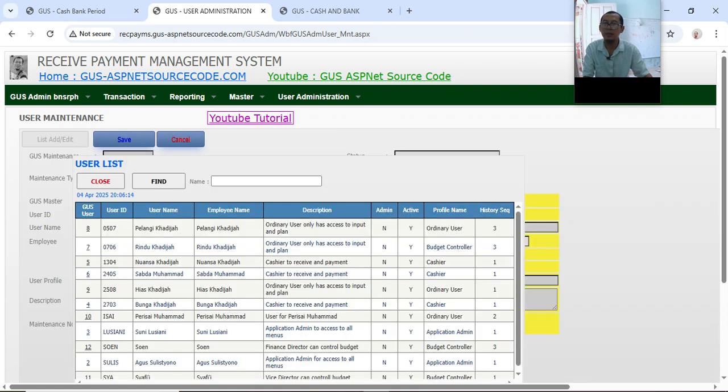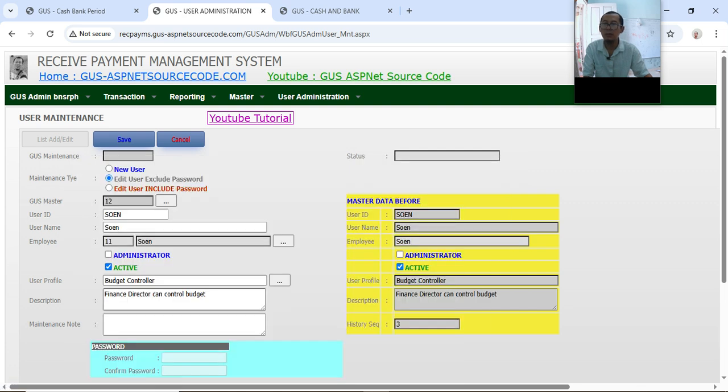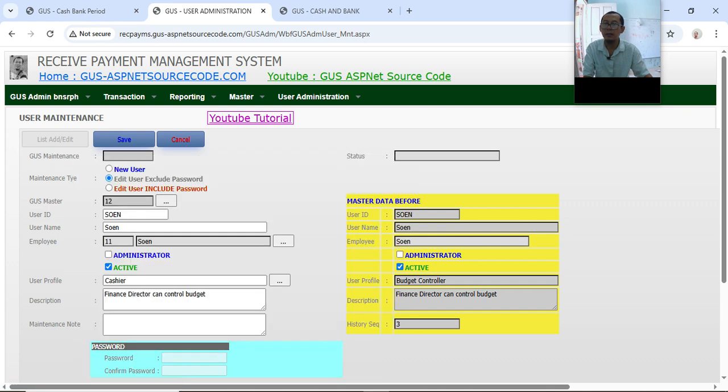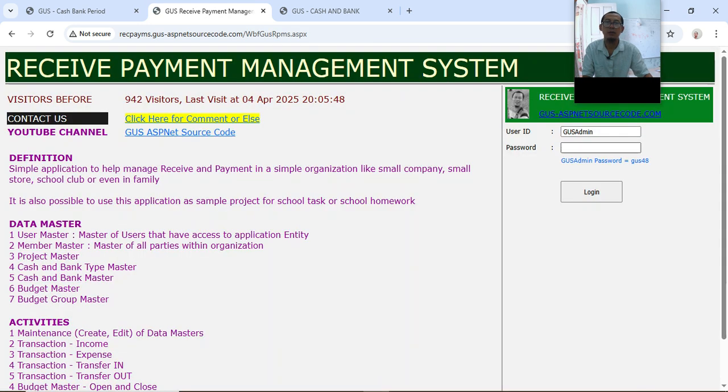Edit Soon as a cashier. Save and approve. Now let's login as Soon. Log out.